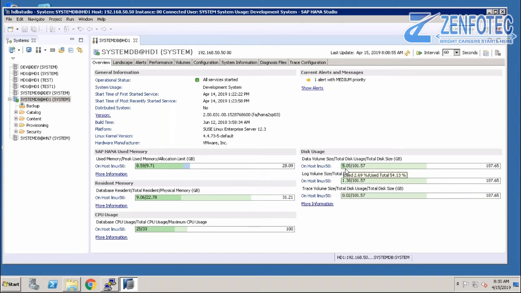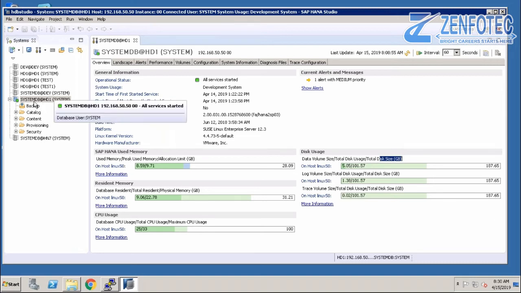This 187.65 will be common. I will show you that.